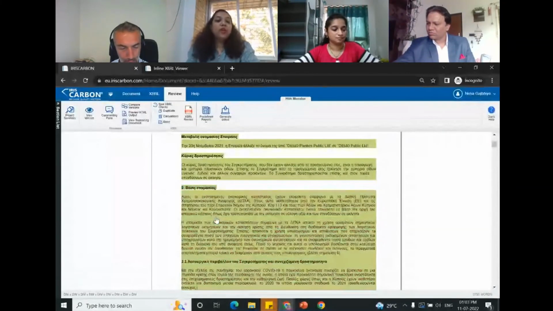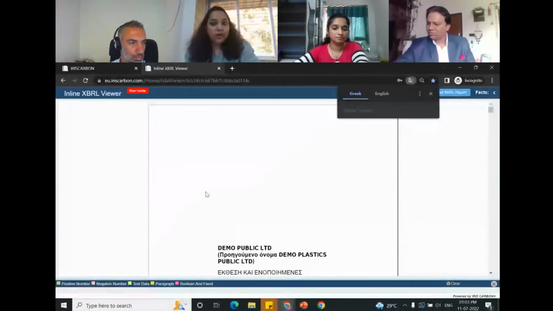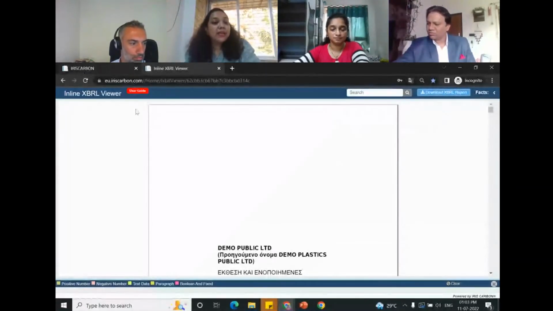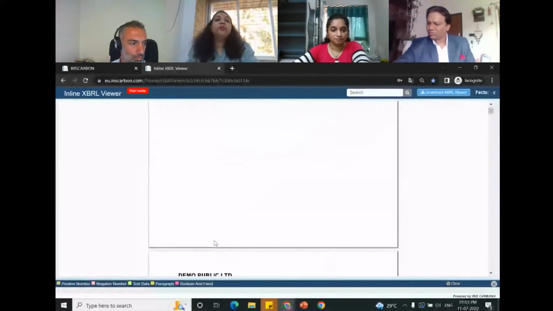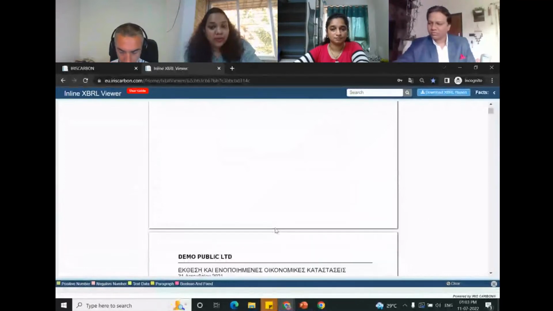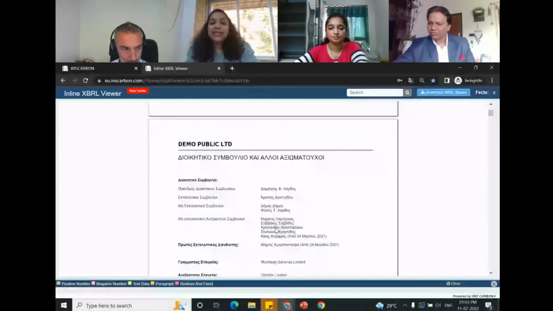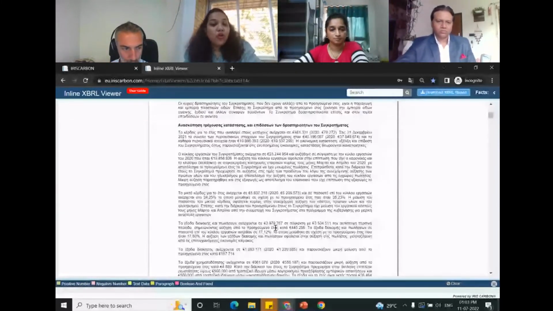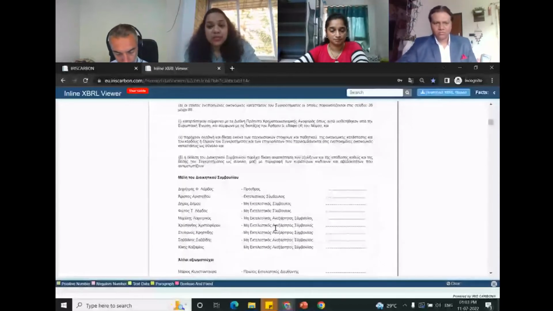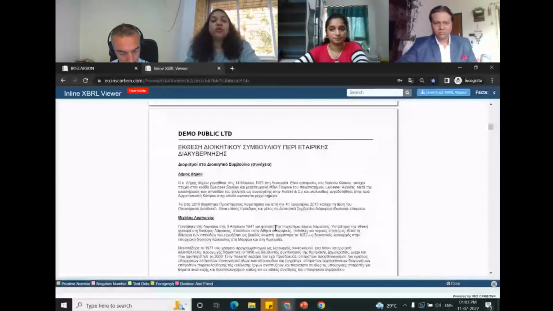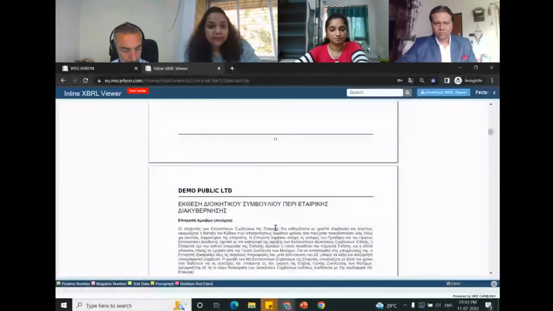Now, we also have an inline XBRL previewer, which comes with this platform. So here you would be able to see the inline view of the document. Here you can see that you do not have to compromise on any other aspect of the filing. The filing would look similar to your PDF.